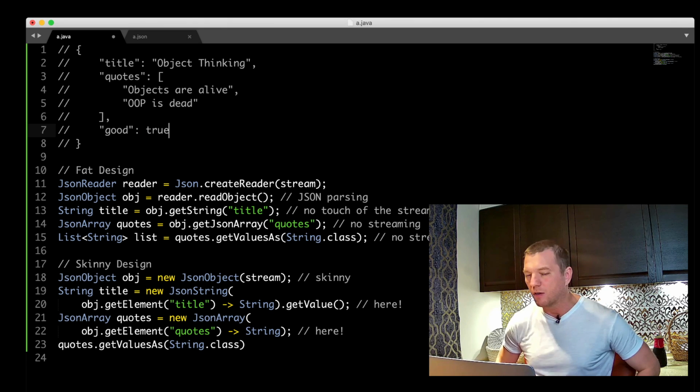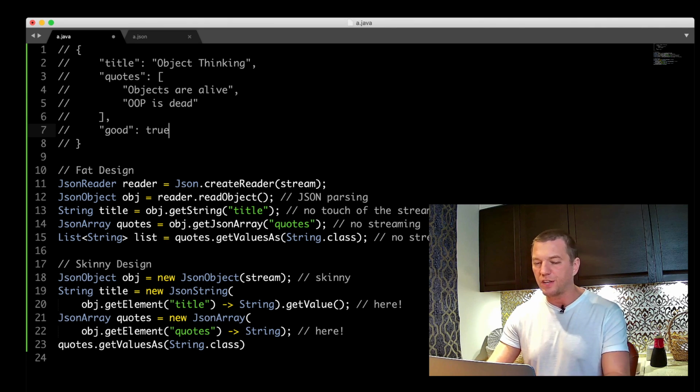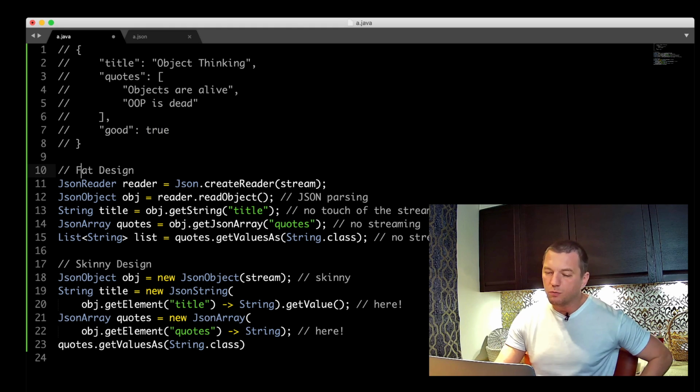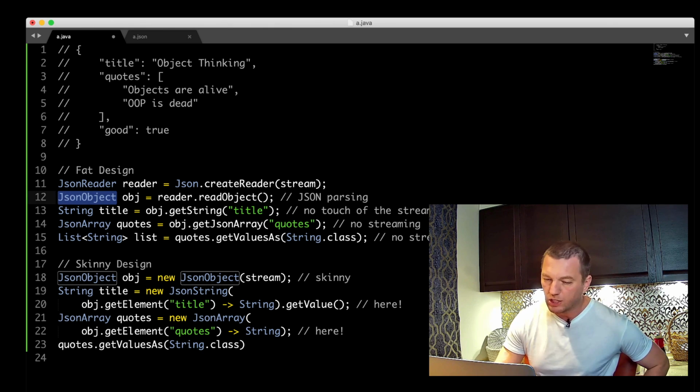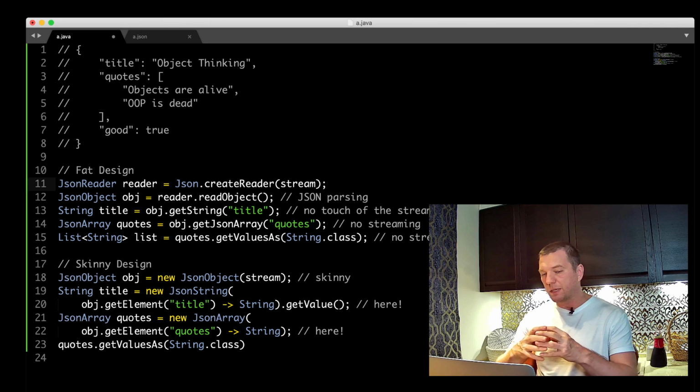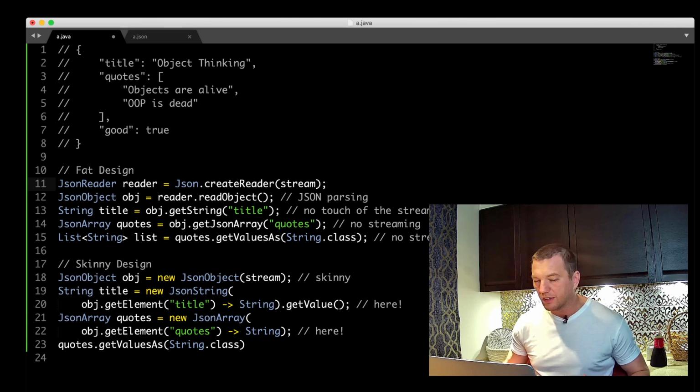I don't think it's available in JSON now, but let's say JSON enables Boolean values. In this case, we will need to modify the JSON object element. The JSON object interface will have to be extended because we will need to add something like getBoolean, and then basically the entire hierarchy may need to be changed.